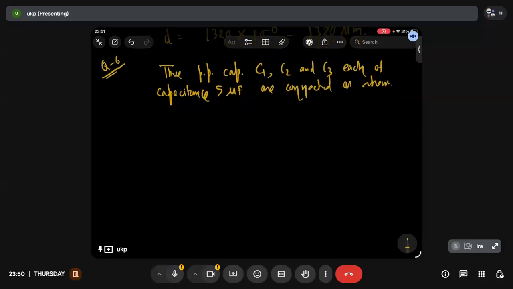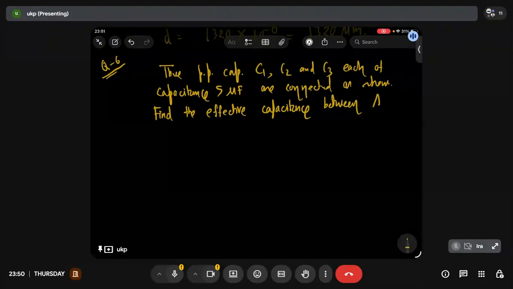Find the effective capacitance between point A and point B